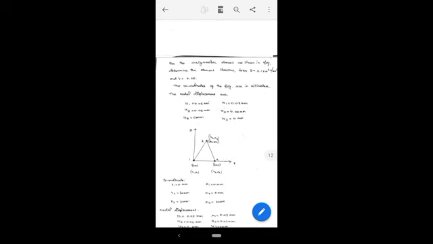It is another example of the problem, the axisymmetric element. Here we need to find the element stresses. The coordinates are U1, U2, U3. What are U1, U2, U3, W1, W2, W3? It is nothing but the nodal displacements. So in an axisymmetric element, every node has two displacements, either U and W.